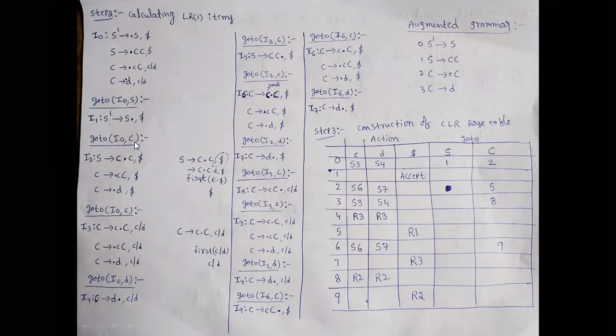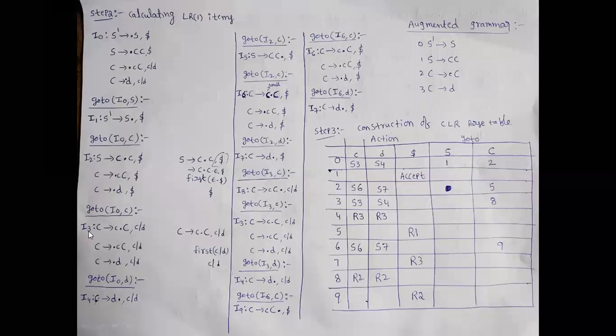I naught comma capital C: capital C is another non-terminal, and we get I2, so the number is 2. Then go to of I naught comma small c. Small c is a terminal, so in the 0th state with small c,